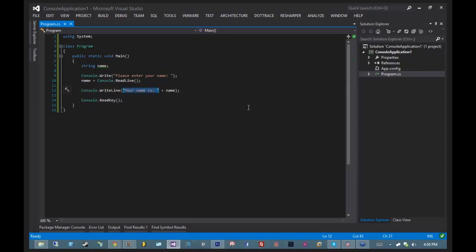This is a string literal. String literal means it's never going to change. It's always going to be the same string literal. It's hard-coded into my program. But I want to combine it with something that isn't hard-coded into my program. I want to combine it with the value of name, which again is going to be set to whatever the